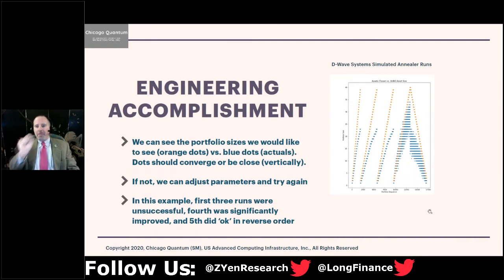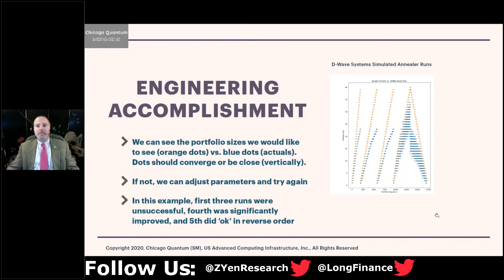We also ran it backwards. It was basically an experiment for this client: if we ran this simulated annealer backwards, what happened? It wasn't quite as good, but some of the portfolio values actually were quite nice. The idea that we can do this on a simulated annealer, which is the picture here, and then also visualize it on the actual quantum computer means we save time and money for our clients. So this was an engineering accomplishment.